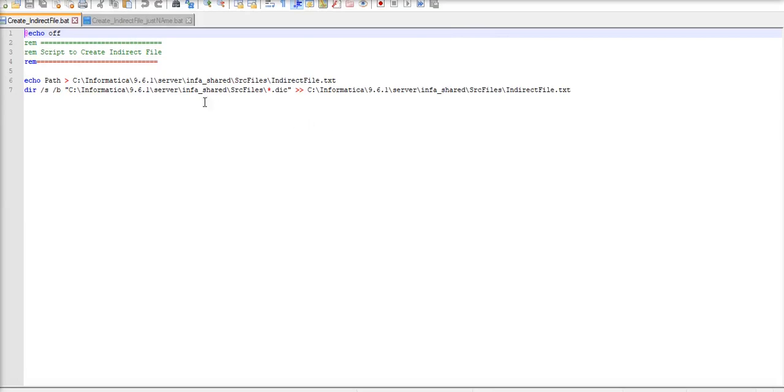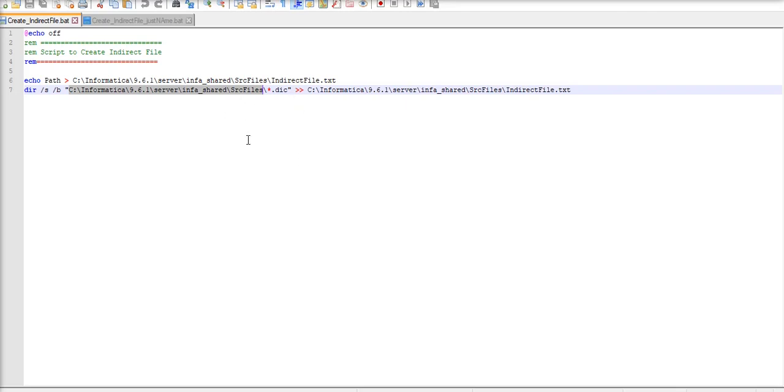Okay, so in the first script, what you need to do is write the dir command. The dir command will list all the files which are present in the given directory. If you do not provide the path, then it will list all the files present in the current directory where the script is located.